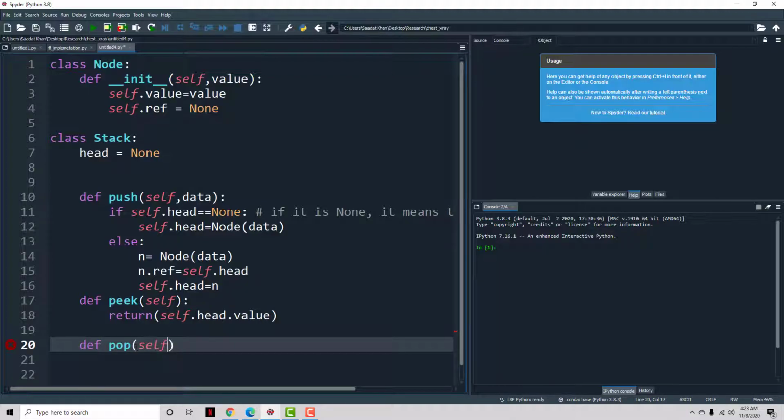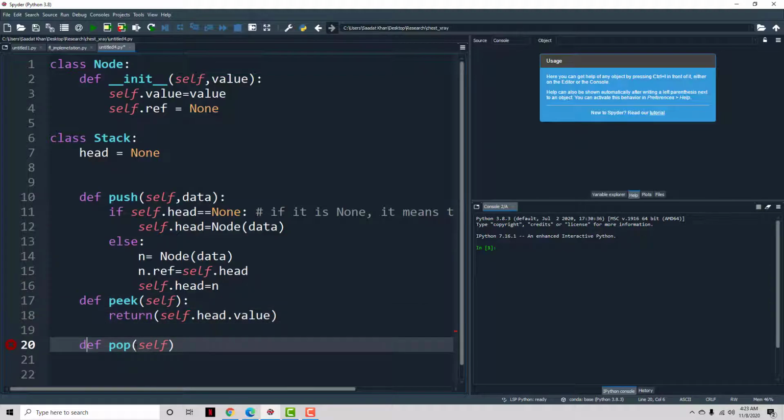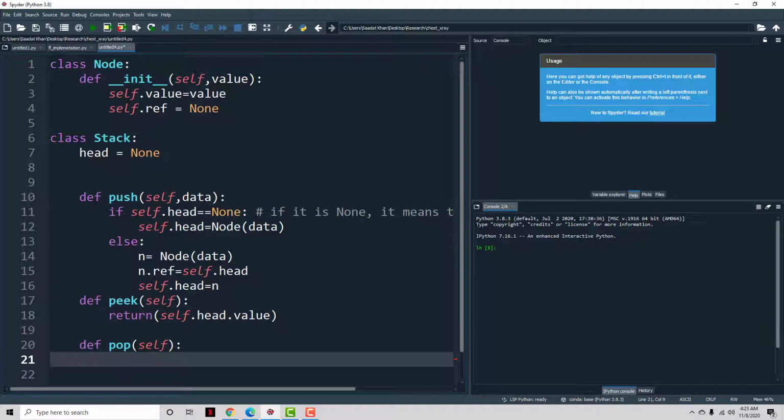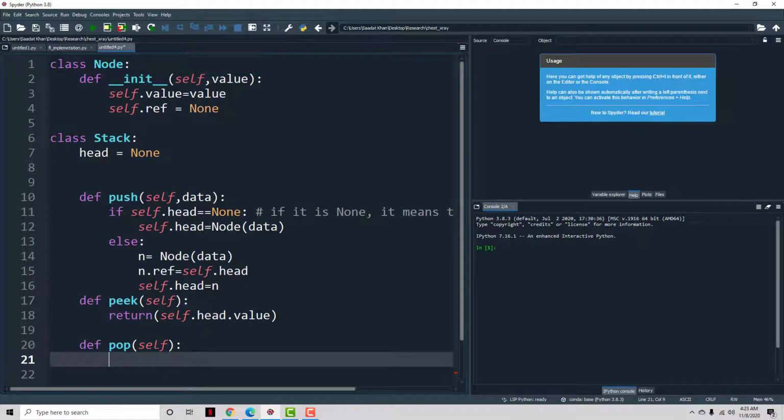All right, so still we're in pop. So in pop we don't need to pass any parameters, right? We're not taking any parameters, it's just self, because we want to access this global head. Okay, so